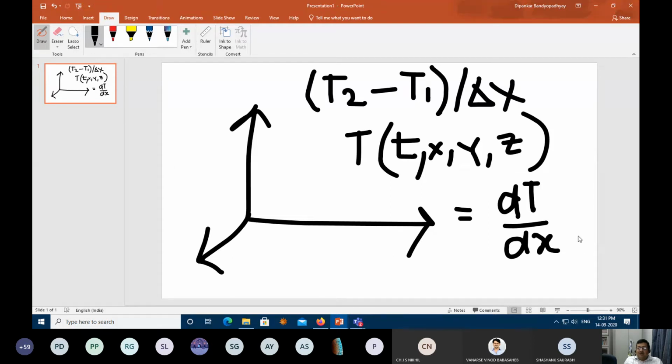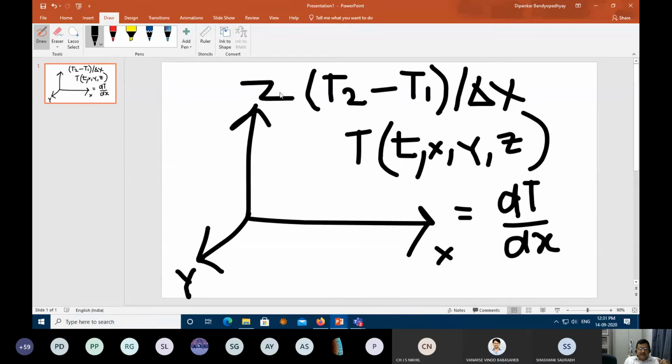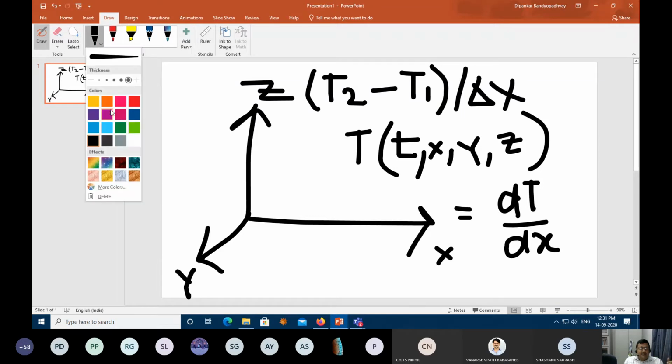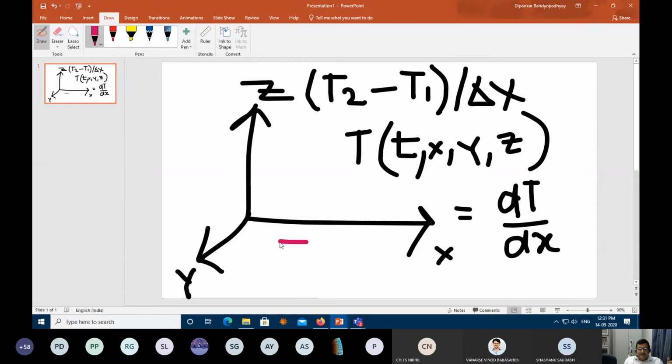But now if I really want to express this in a three-dimensional space, where this is x, this is y, and this is z, then how exactly am I going to take into account the variation of temperature with respect to time and space? It is varying with respect to time as well as with respect to space. So what should I do? I should write this variable in the form of the gradient of t. It's a very cryptic and initial notation, gradient of t.